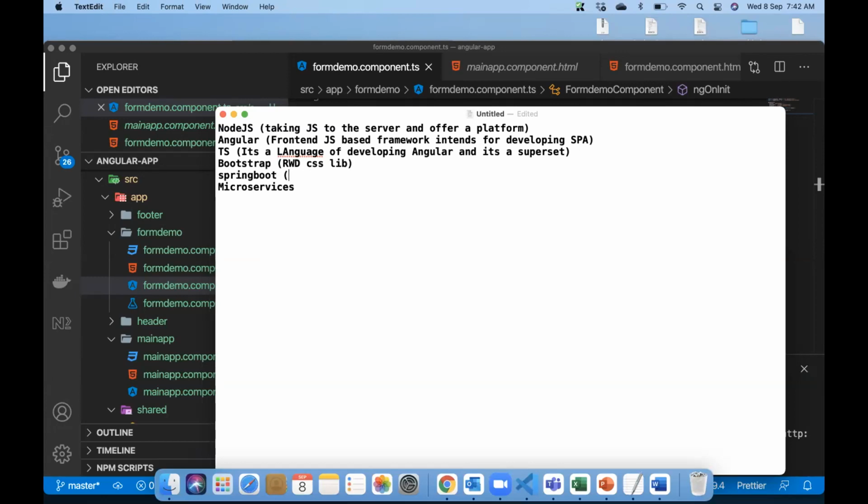Spring Boot, if you see, is designed for backend development for monolithic applications. When we talk about microservices, meant for